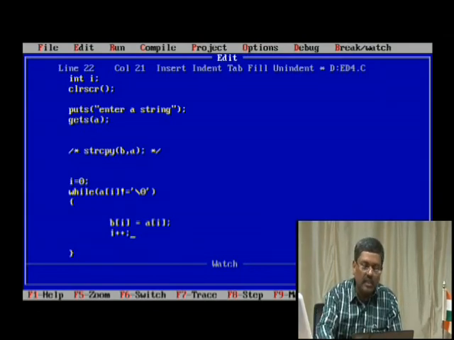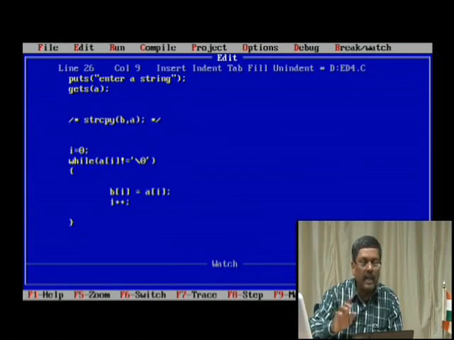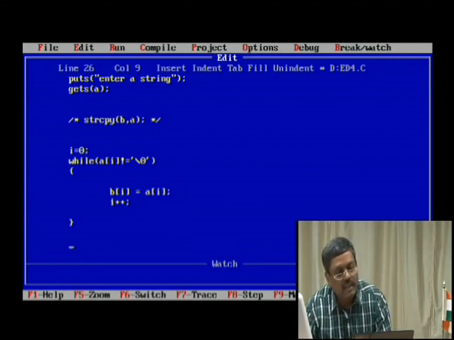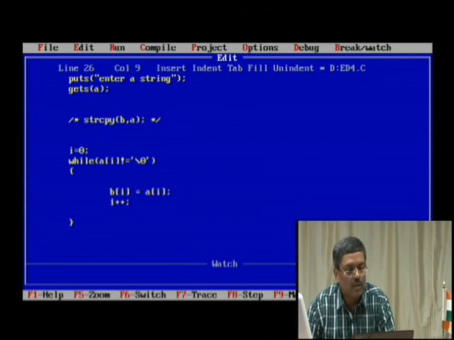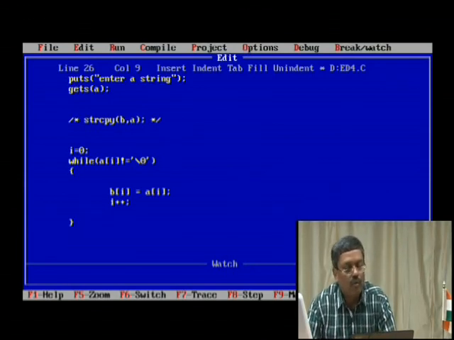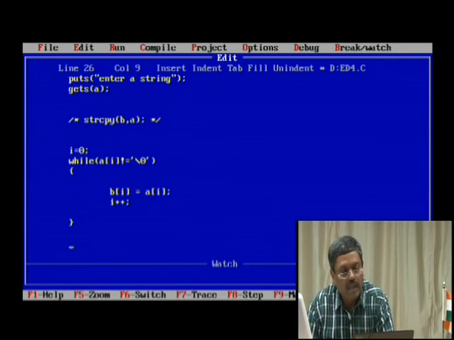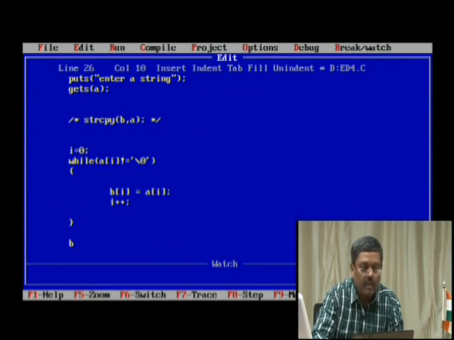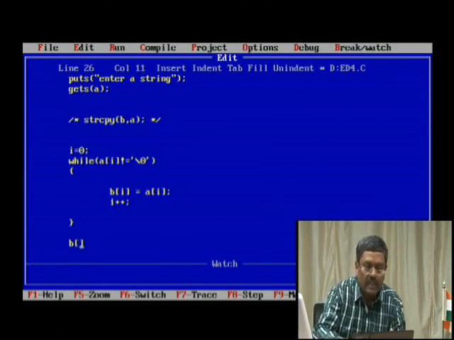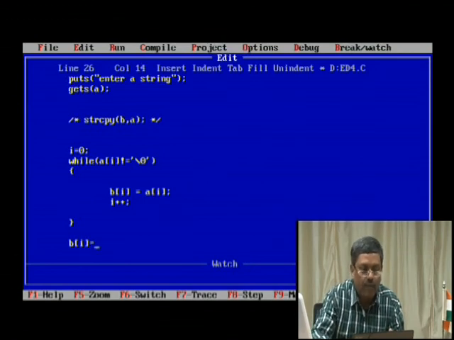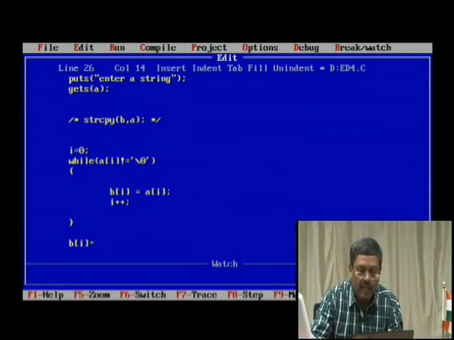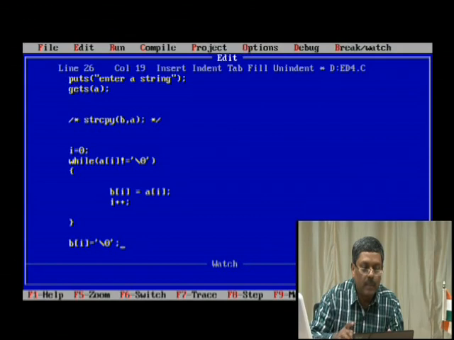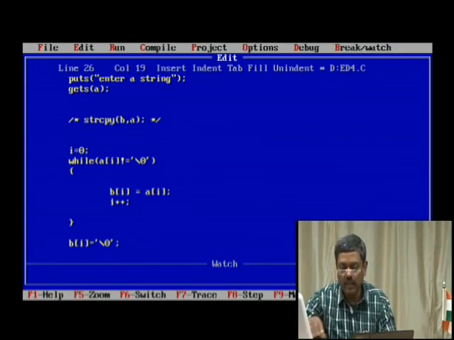Then you know that every string variable has to be terminated with a null character at the end. That means when will this loop come out? So what is the value of i? Only after picking up and copying it into the next position, there are no items. So that location is b of i, and we have to take care of inserting that null character, because every string should be terminated by a null character. This is what we intend to do.